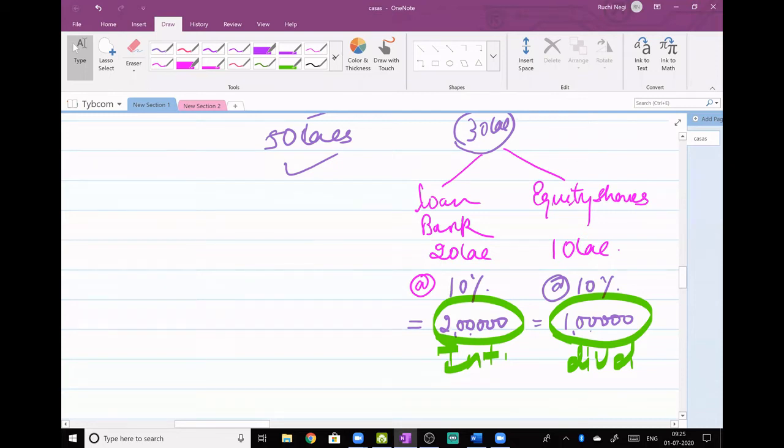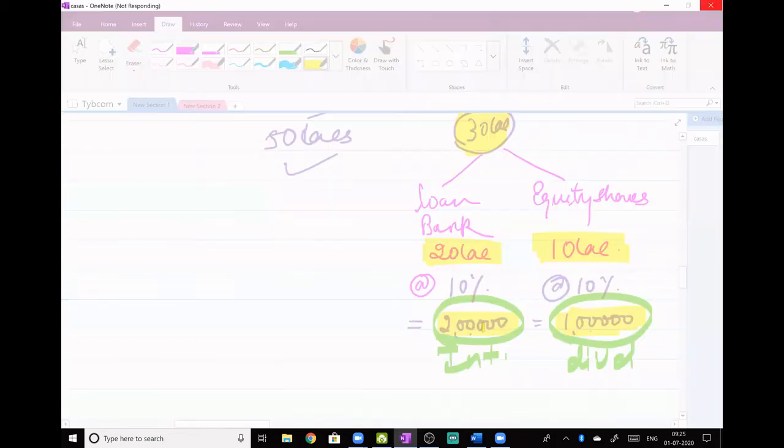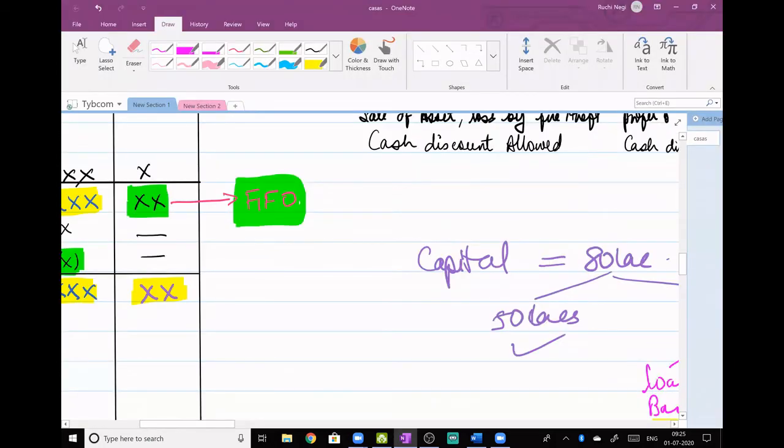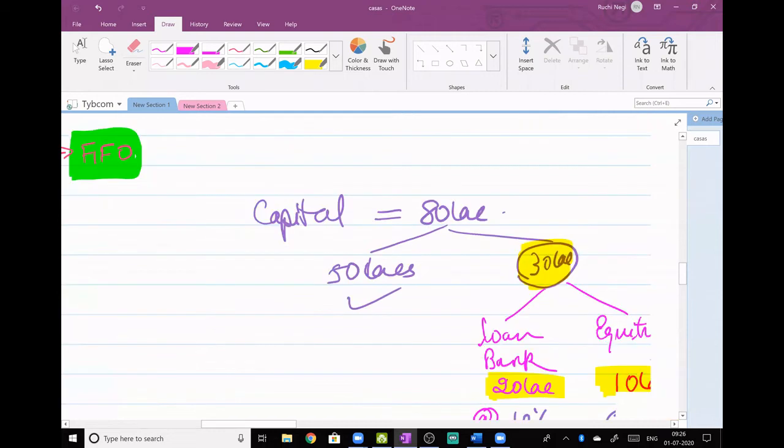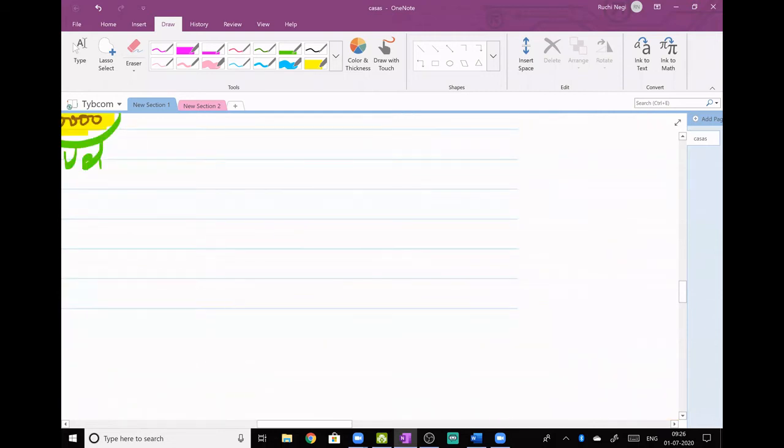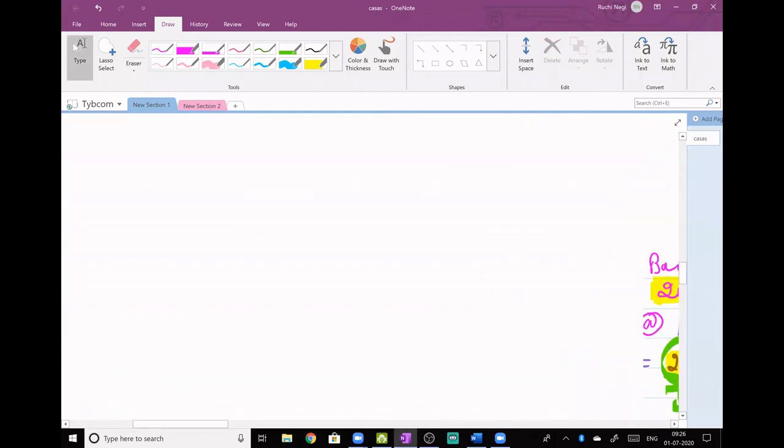Okay. For obtaining this 20 lakhs and this 10 lakhs, total 30 lakhs, this is called obtaining funds. What am I paying? I'm paying 2 lakhs and 1 lakh. 2 lakhs as bank interest and 1 lakh as equity share dividend. Okay, dividend on equity shares. Am I clear? So this is known as financial expenses. Everyone clear till here? Okay, you can note down this example. This terminology is known as financial expense.